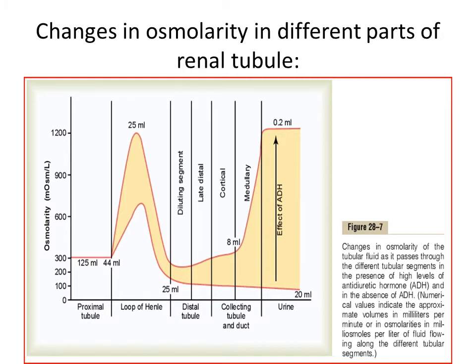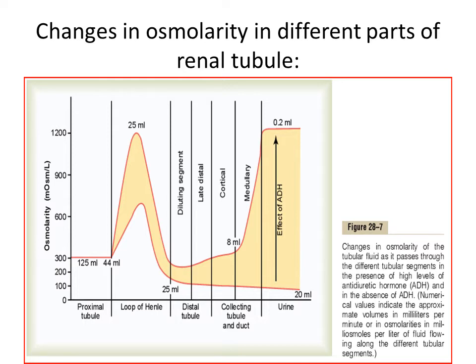In the early distal tubule, again, there is no water reabsorbed because the characteristics are similar to the thick ascending loop, but sodium chloride is also reabsorbed here, so the tubular fluid concentration goes to as low as 50 milliosmoles per liter. Now, as the fluid enters into the late distal tubule and the cortical collecting tubules, the osmolarity of the fluid will depend on the level of ADH.